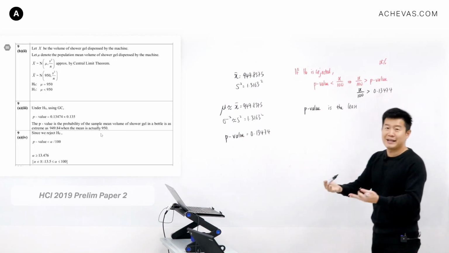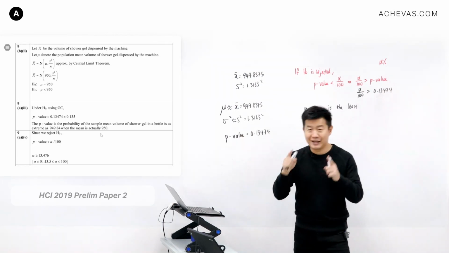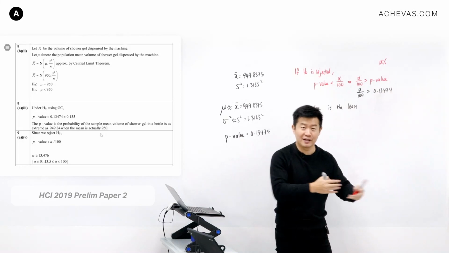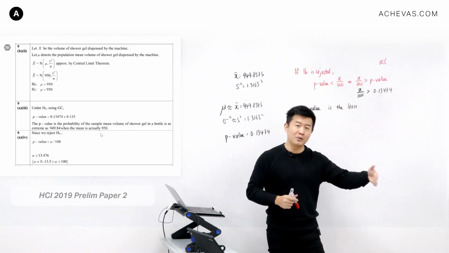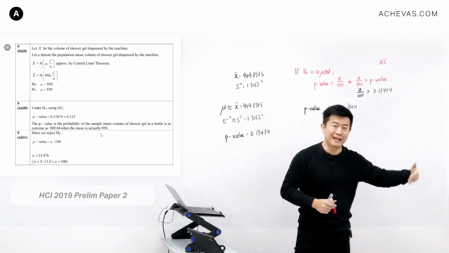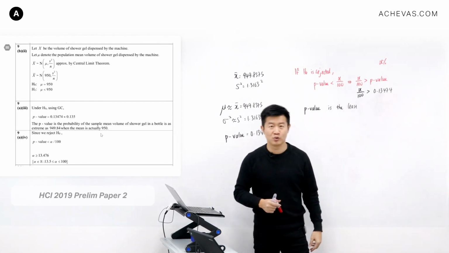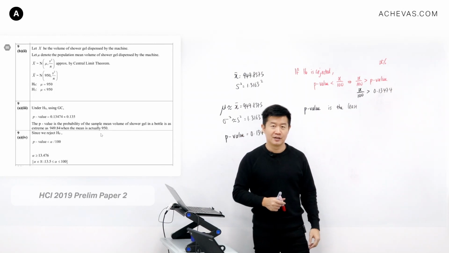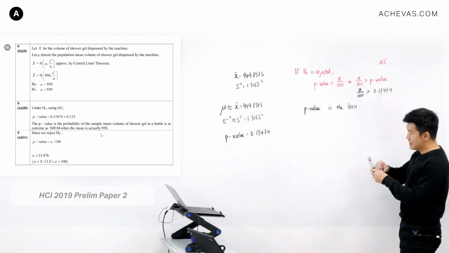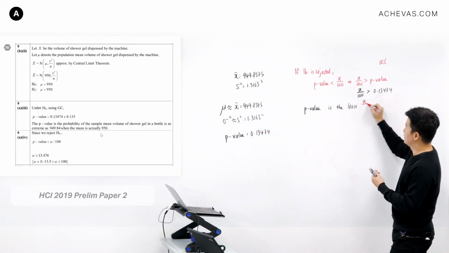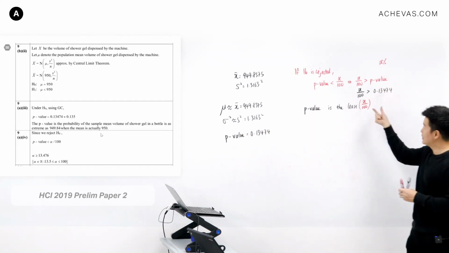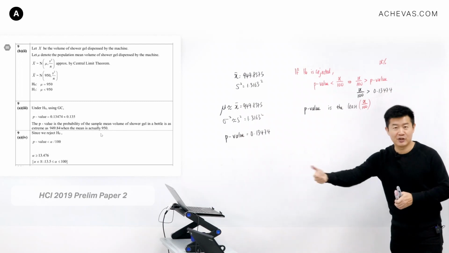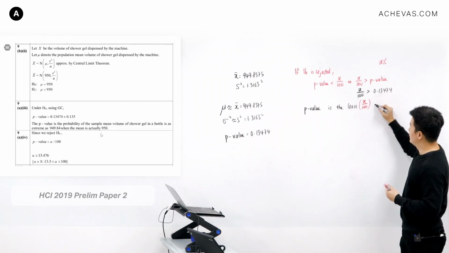I will replace level of significance by its definition, because we memorize that definition. What is the level of significance? It's the probability when you wrongly conclude that H0 is not true when in fact it is true. So it is the least probability